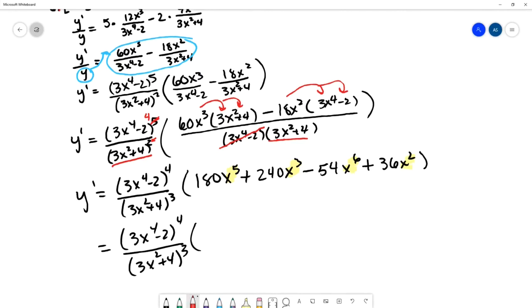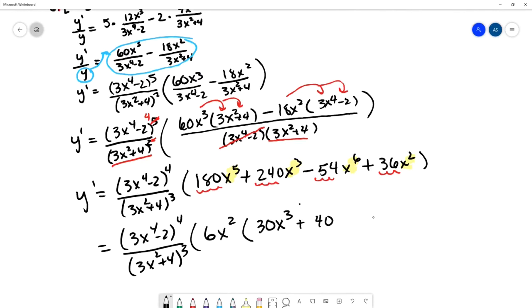And all of these terms are even, so we definitely have common factors, but I want to get the highest common factor between them. So between 180, 240, 54, 36, let's see, I know that 9 is not going to work. Let's see, 6 goes into all of them. Let's try that for now, and then I can go bigger if I need to. So I'm going to factor out a 6x squared. If I factor out a 6x squared, that would give me 30x cubed